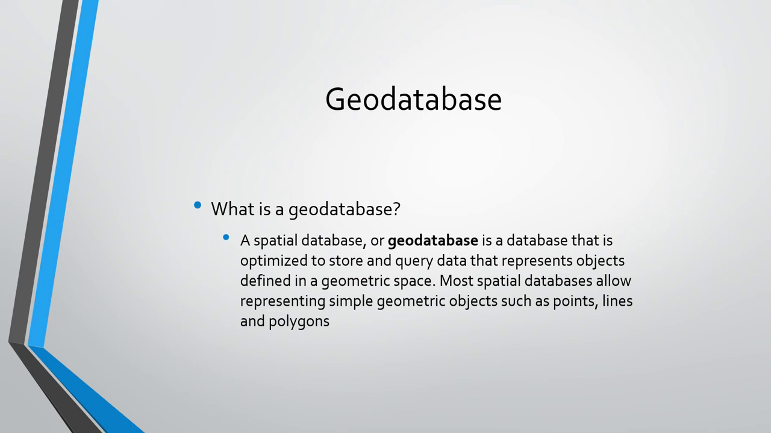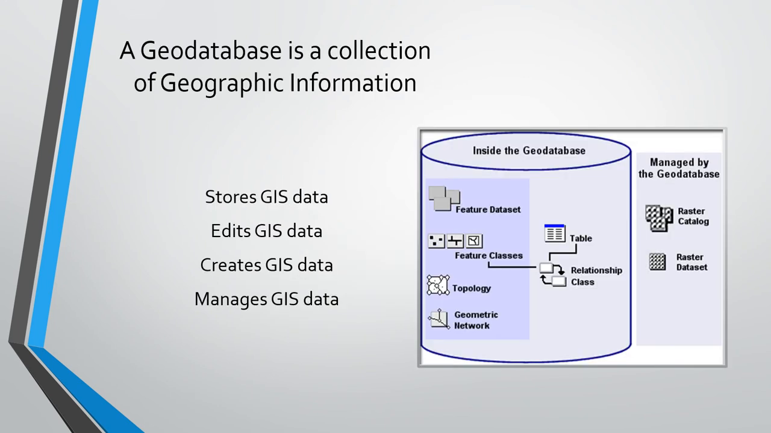What is a geodatabase? A spatial database, or geodatabase, is a database that is optimized to store and query data that represents objects defined in a geometric space. Most spatial databases allow representing simple geometric objects such as points, lines, and polygons. A geodatabase can store, edit, create, and manage GIS data. This is where all your data is going to be held and